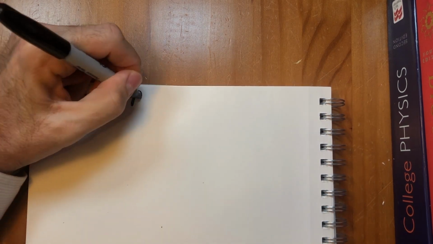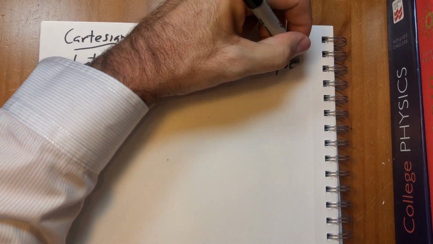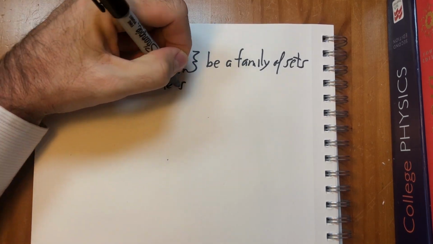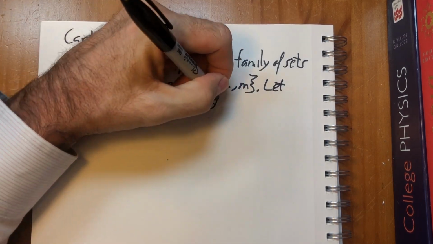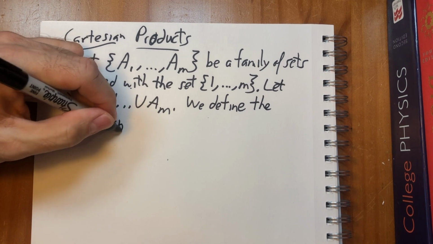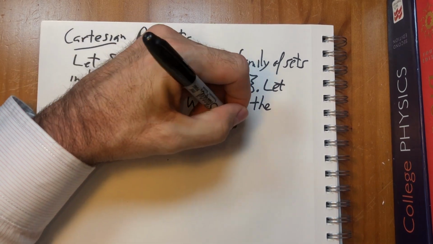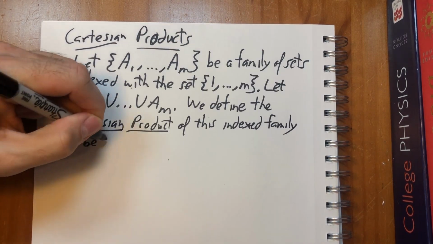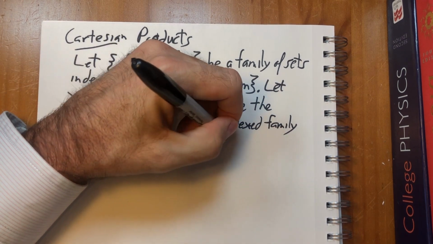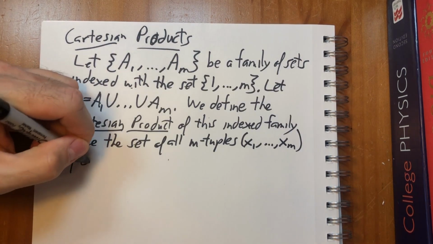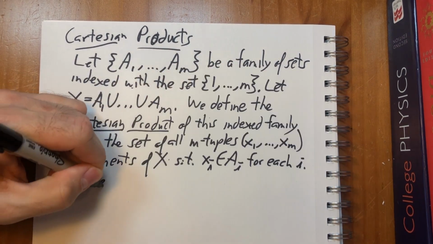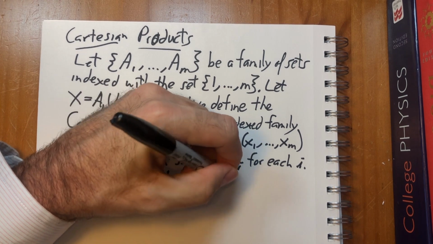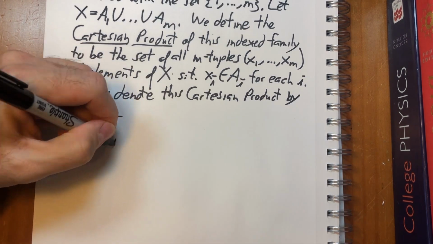Okay, so now Cartesian products. Let A1 to AM be a family of sets indexed with the set of positive integers from 1 to m. Let x equal the union of A1 to AM. We define the Cartesian product of this indexed family to be the set of all m tuples of elements of x such that x sub i is an element of A sub i for each i. We denote this Cartesian product by the product symbol from 1 to m of A sub i, or A1 cross